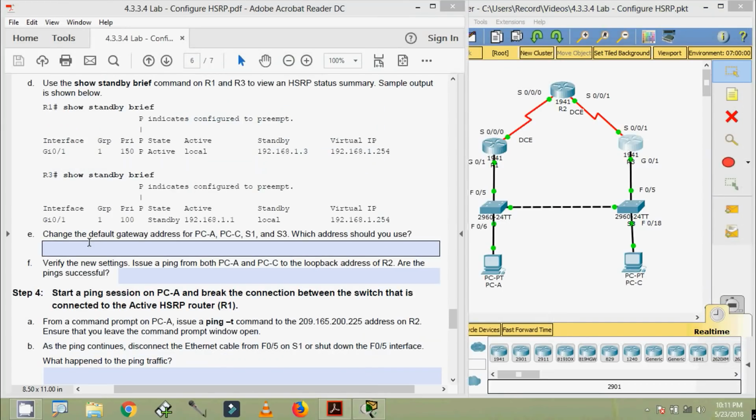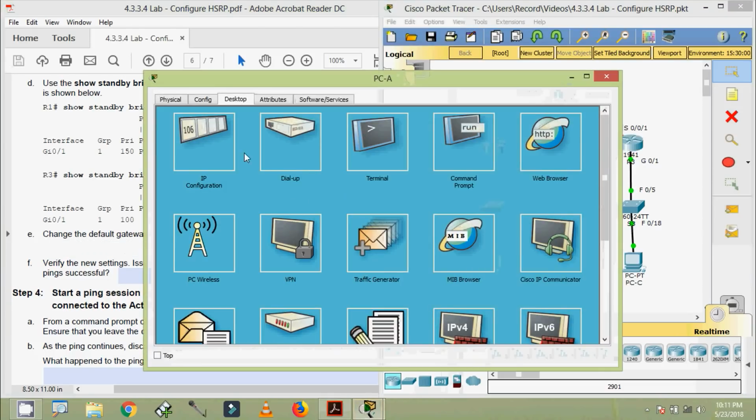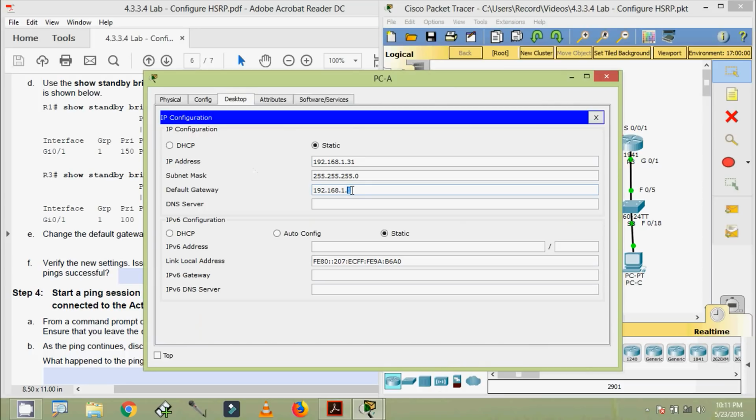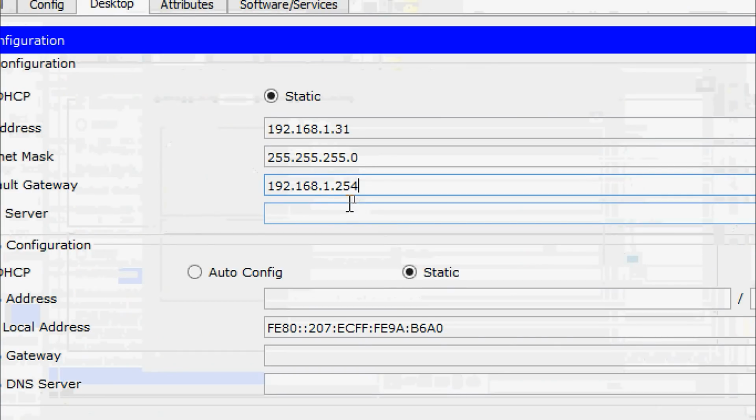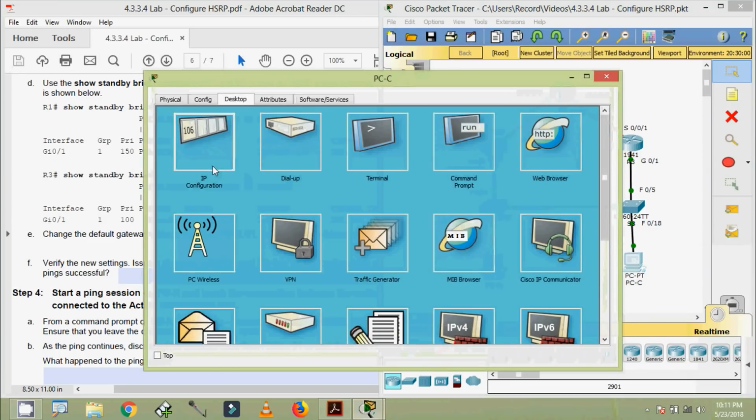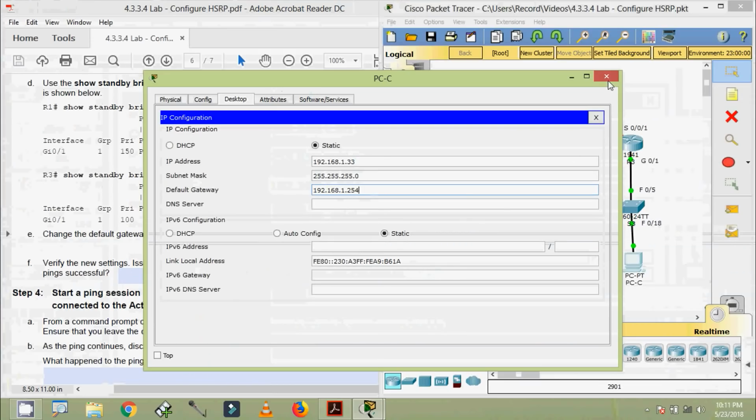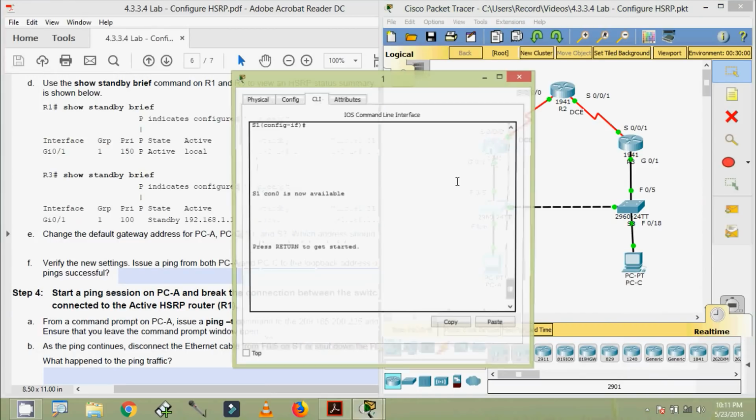Coming to E, change the default gateway address for PCA, PCC, S1 and S3. Which address should we use? We will use this virtual IP address, that is 192.168.1.254. Coming to PCA IP configuration, here we are going to give 1.254. Coming to PCC IP configuration, here is the default gateway. And coming to the switches, S1,